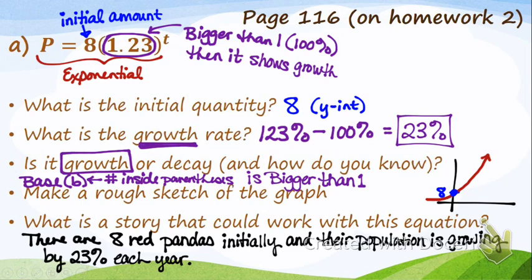Your homework assignment is asking you about things that are being described, linear or exponential, and then it has several things like this where I ask for the initial amount. I want to know whether it's growth or decay. I want to know what the percent growth or percent decay is. And for, I think, 2 of them, I ask you to sketch a graph and write a story. All right?